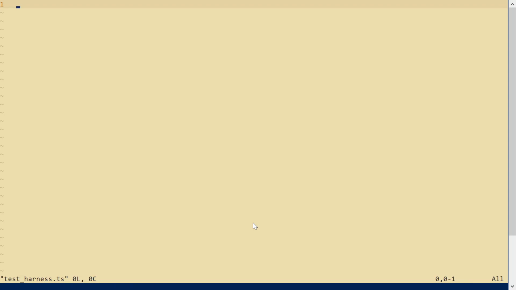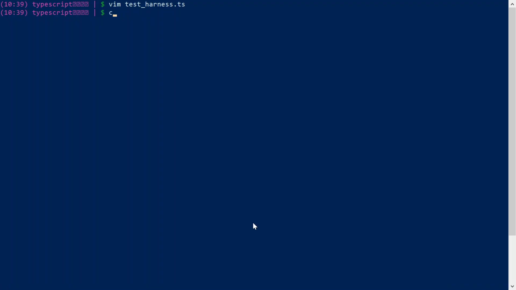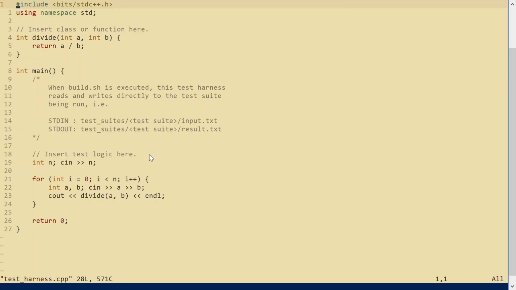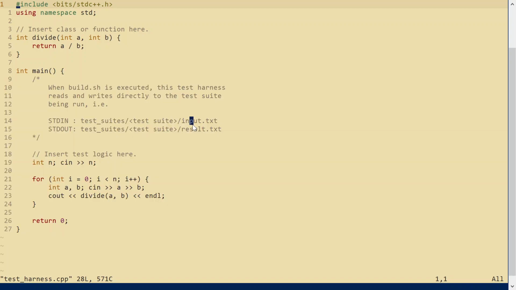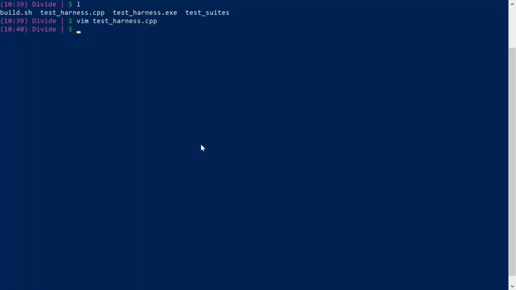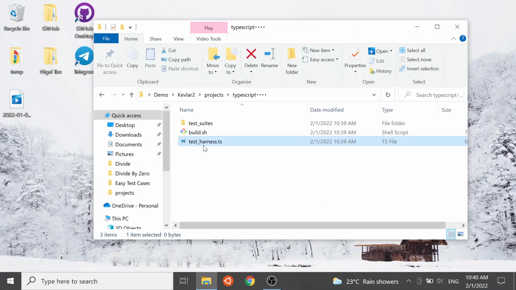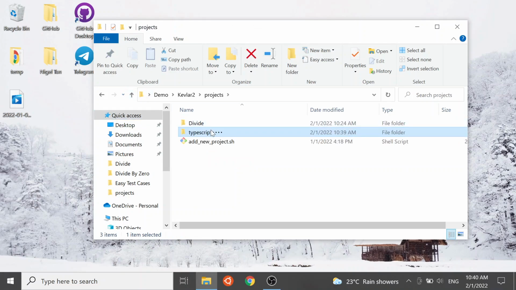You can see that it's an empty file, and that is in stark contrast to our C++ template that we've seen earlier. Let's go back into divide, which was the directory we created in video 1. In video 1, if you recall, when the folder was created for us, we already have a lot of preload code inside. And that's in contrast to our current test harness.ts file that you saw just now. And of course the test harness doesn't have to be there, it's not really that important, but for completeness, if you want to add a template for your new language, you can